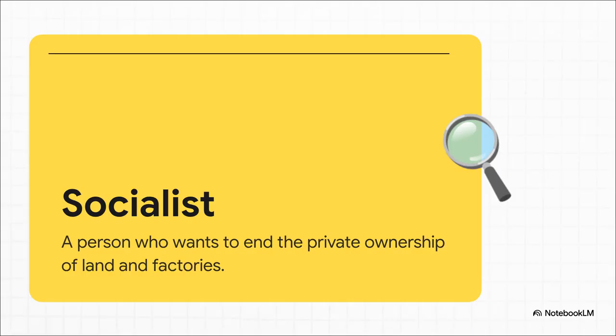But for a lot of people in that new working class, even liberalism didn't seem to go far enough. They started listening to a much more radical idea: socialism. Thinkers like Louis Blanc over in France started arguing that the real root of the problem was the private ownership of factories. Their solution: the government, the state, should own and operate industry to make sure the wealth was shared more fairly and that workers weren't exploited. This idea was electrifying to the workers and absolutely terrifying to everyone else.